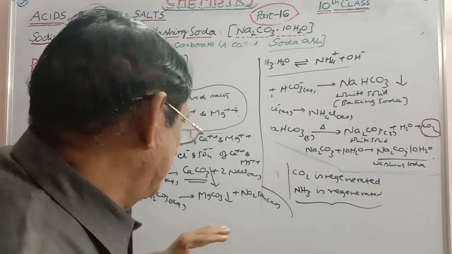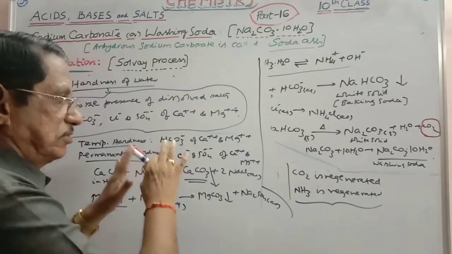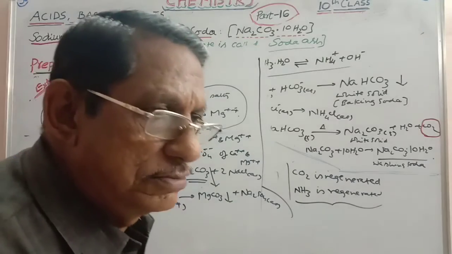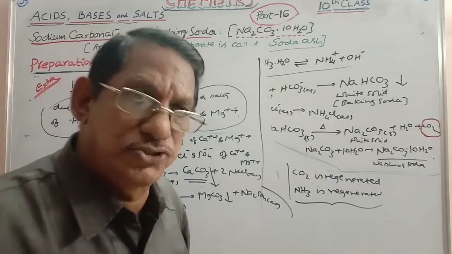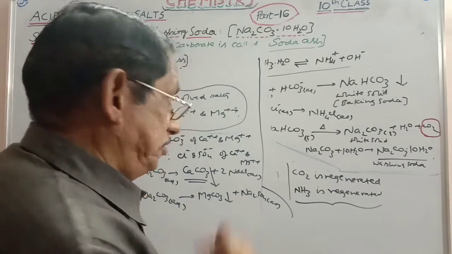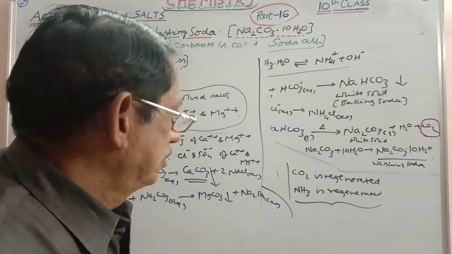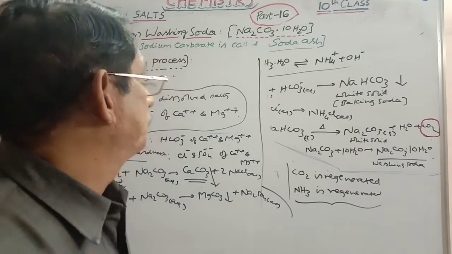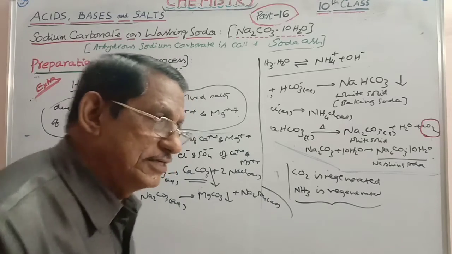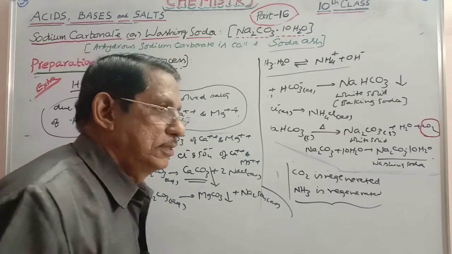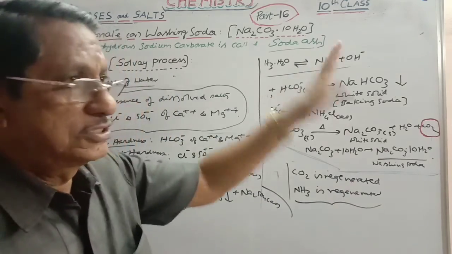Okay, this is the analysis you can make if you want hardness of water. This is also extra. This matter will not be given, just one line will be given in your syllabus: to remove the permanent hardness of water, sodium carbonate is used. Why is it so? This is the explanation. So just to understand, I had given all this matter, okay? So with this, the part of sodium carbonate, its preparation, its uses and explanation, extra matter, all these come to an end. Part 16 is completed.